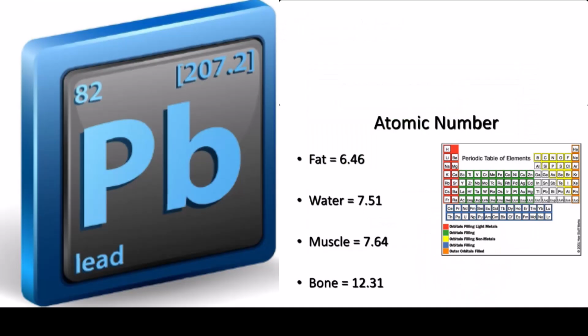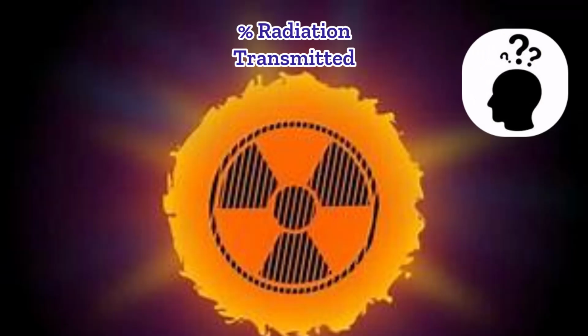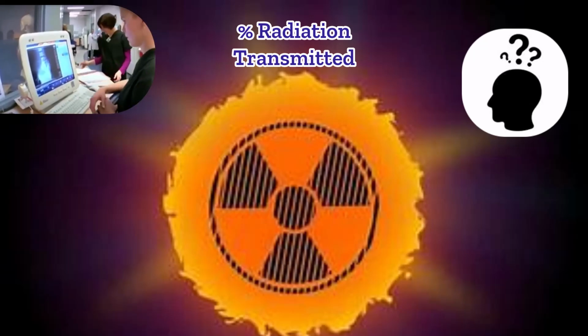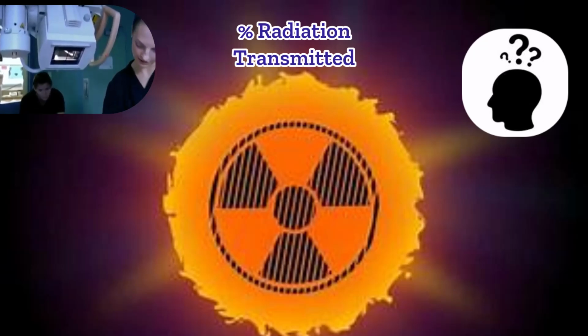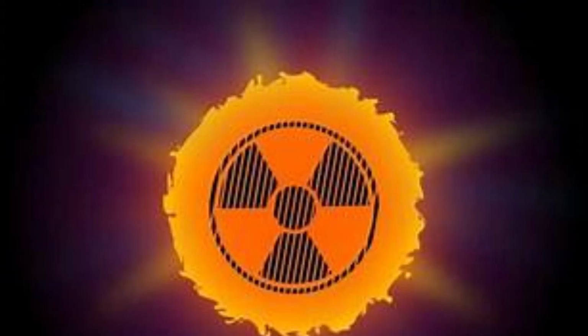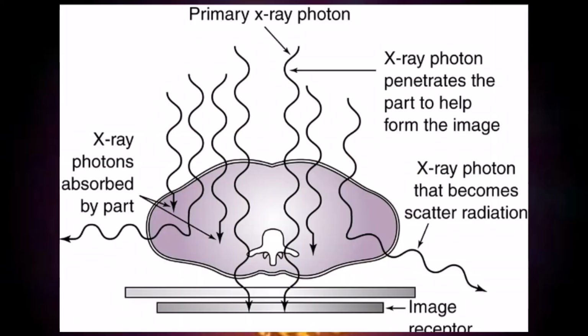Very dense high-Z materials like lead stop X-rays much better than common materials in the body. The percentage of radiation that penetrates the human body during a diagnostic X-ray can vary based on several factors, including the energy of the X-ray beam, the body part being imaged, and the patient's size. For low-dose diagnostic X-rays, a sizable portion of the radiation is absorbed by the body, while a smaller percentage penetrates